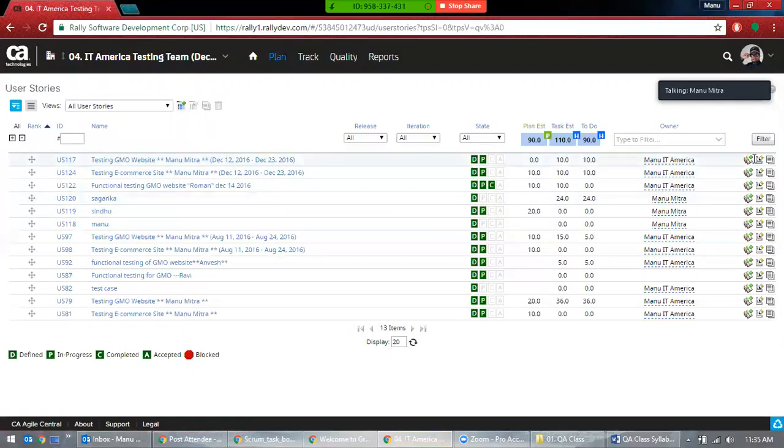These also have iterations. Iterations have their own child history, and it will work in a similar way to what I use. So here, once this user story is defined, it's only defined, it's not in progress. Once it is checked in progress, you need to start testing. When a user story is in progress, it means you need to start testing.